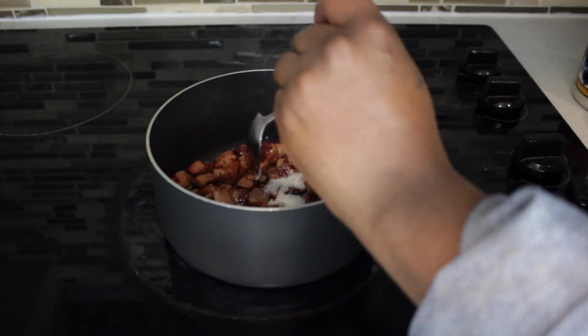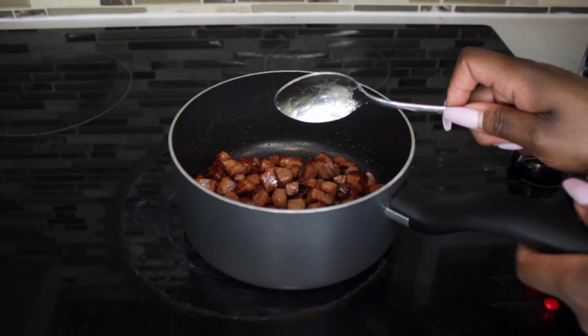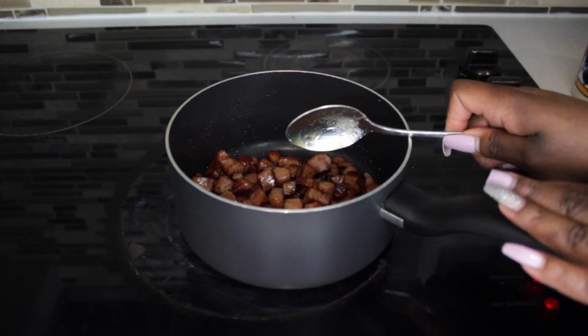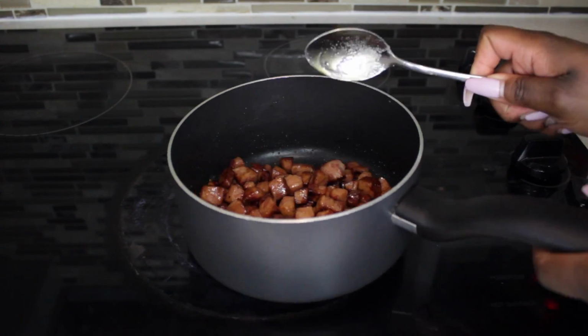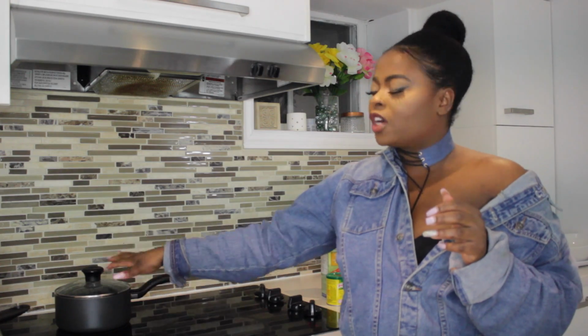About a teaspoon of sugar. And then just stir in everything at a very low heat. I'm going to go ahead and cover it up and let it steam for about 5 to 7 more minutes. So the candied sausage is cooking down over here, and we're going to move on to one